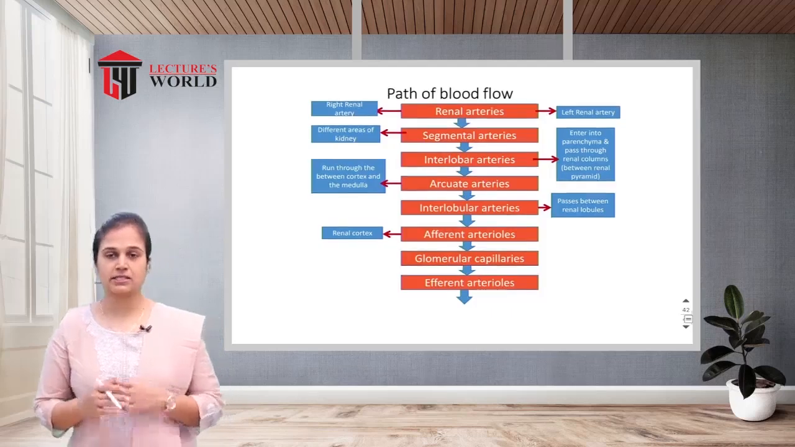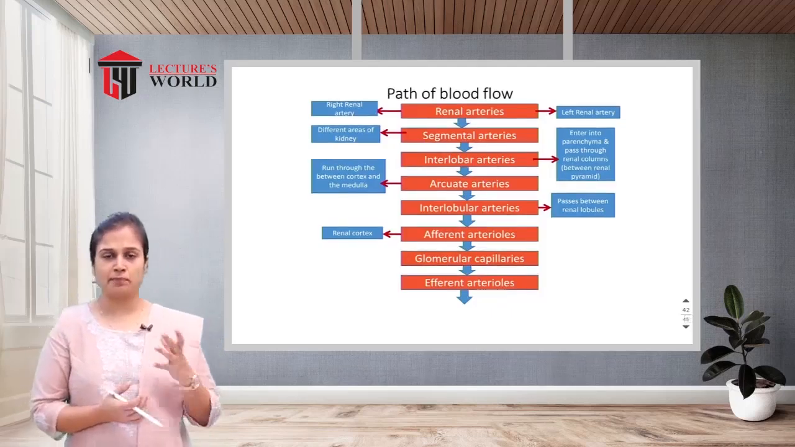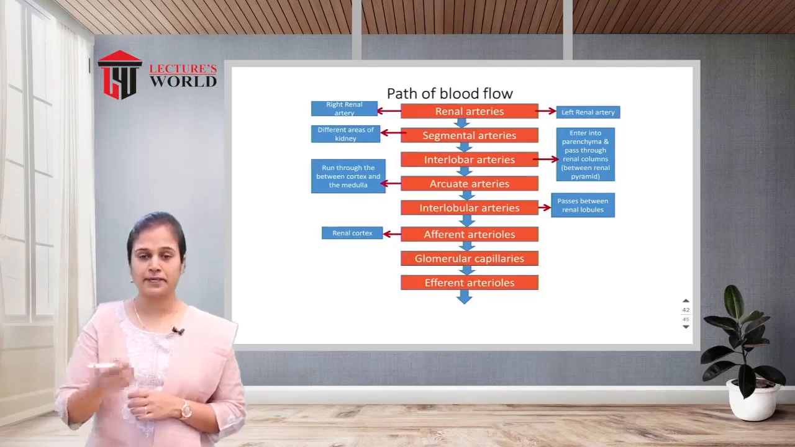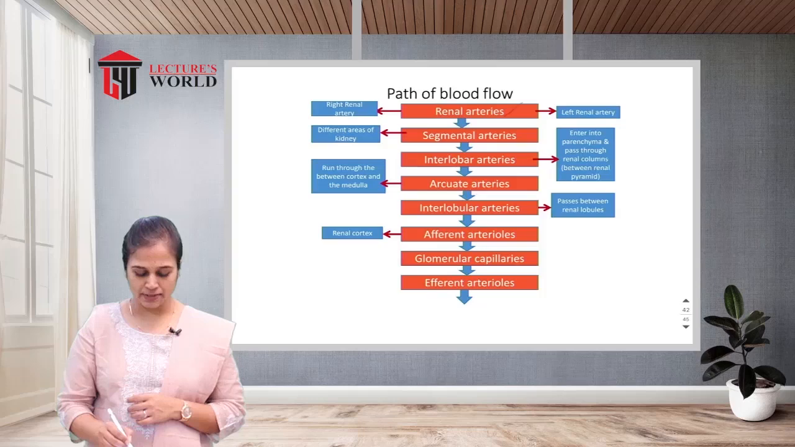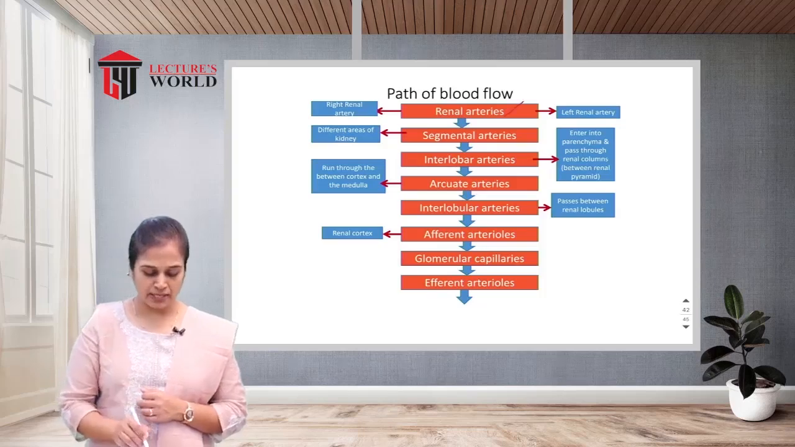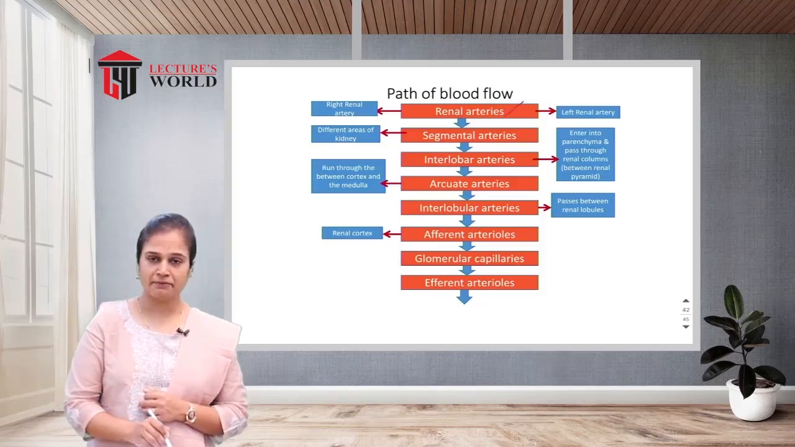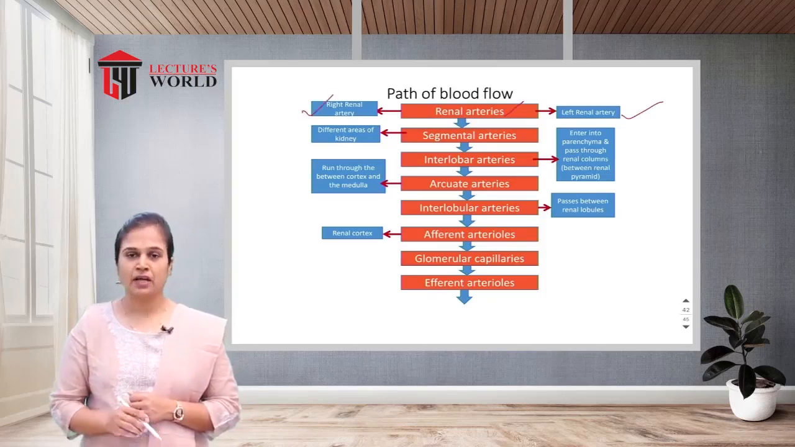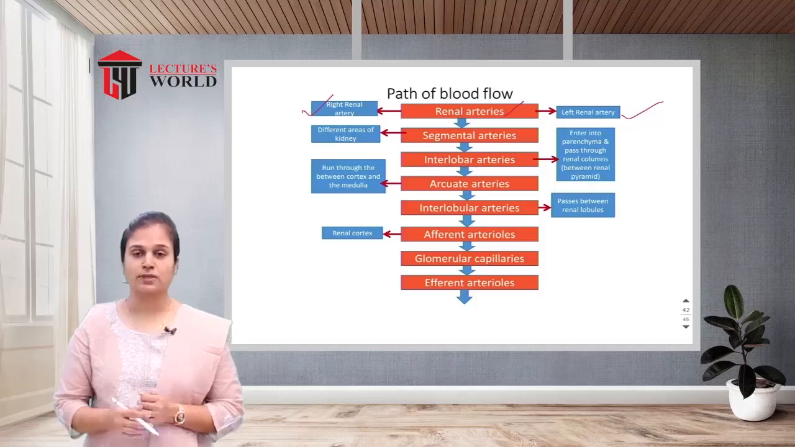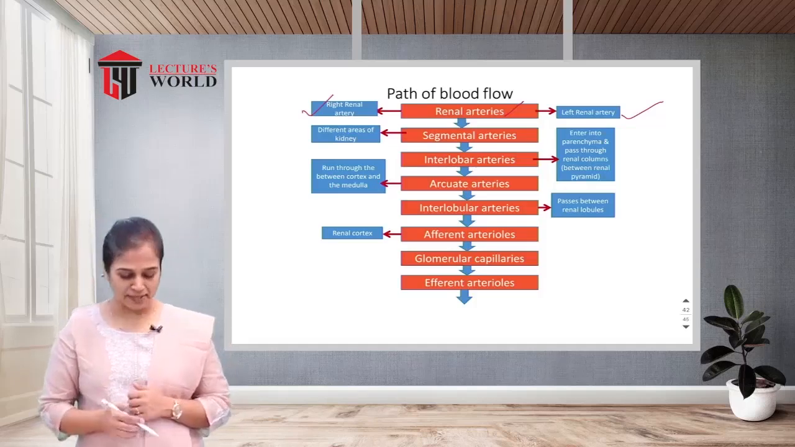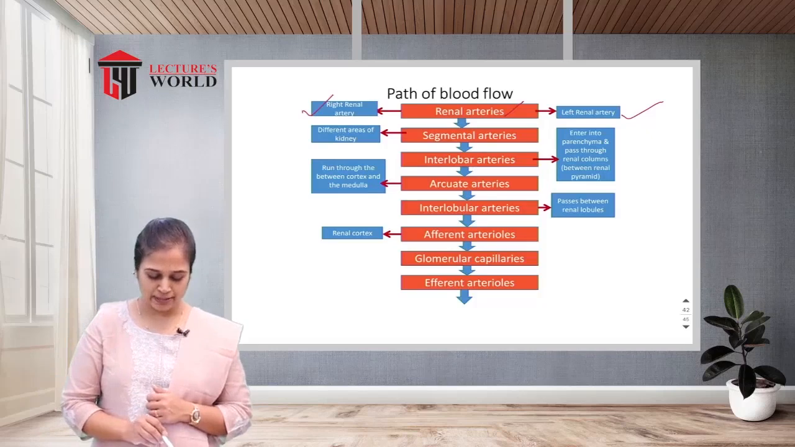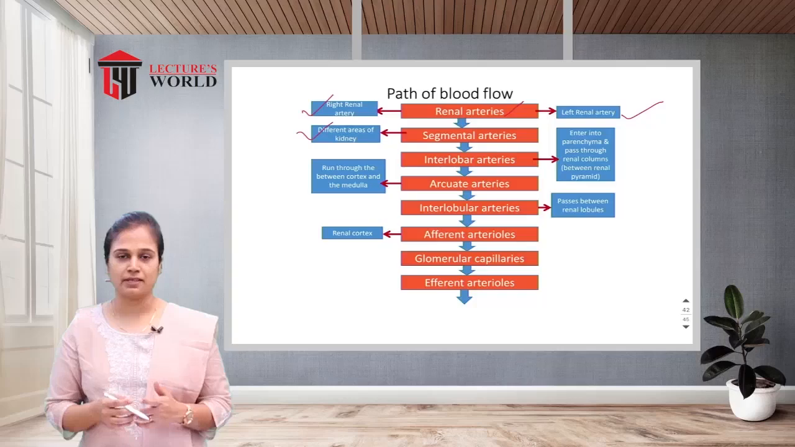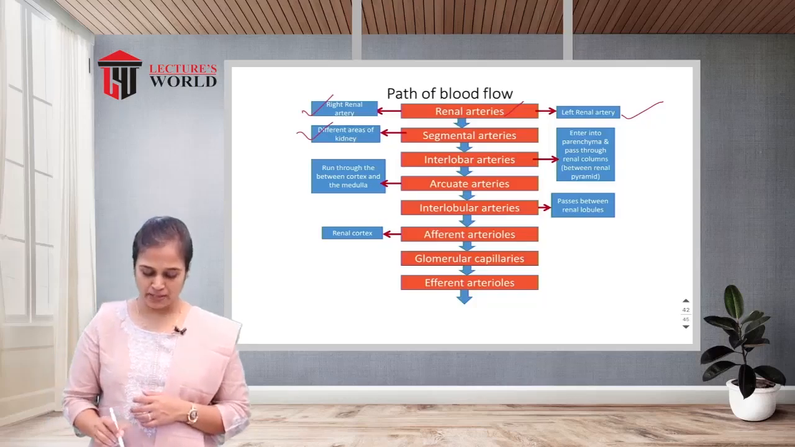So we will see all the branches supply blood to which part of the kidney. As we have already discussed, the renal artery bifurcates into the right renal artery and the left renal artery. It branches into the segmental arteries. Segmental arteries supply the different areas of the kidney, and from the segmental arteries come the interlobar arteries, which enter